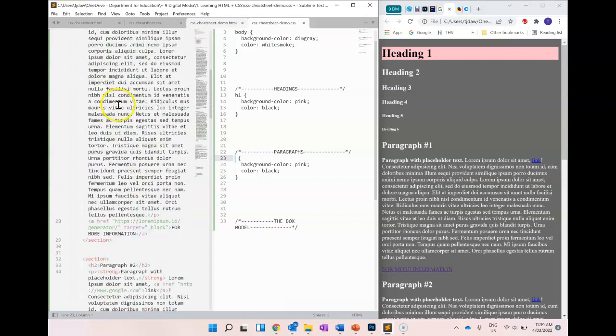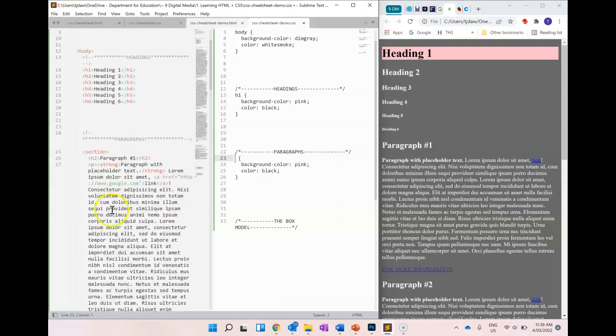I might even, so that selection ends down here, go class equals, and then I'm going to call it paragraph 1, or even just paragraph would work. And then over here where I copied my code, I will write dot paragraph,